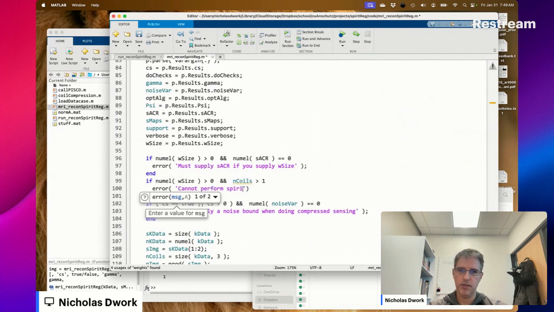Cannot perform SPIRiT reg with only one coil.